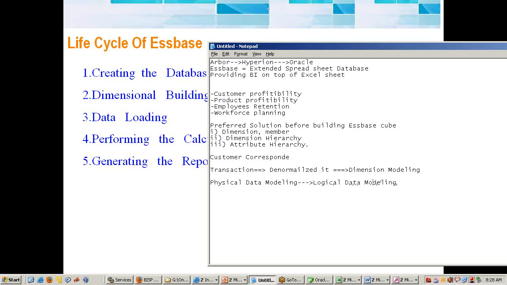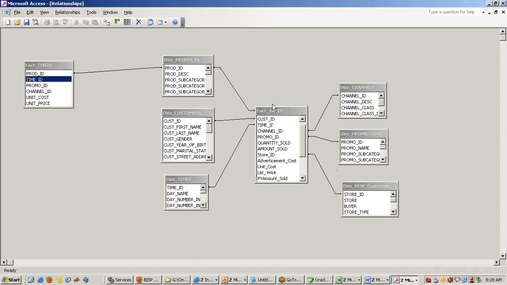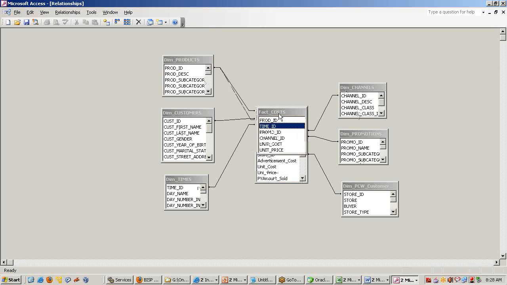After the physical data model, I may require a logical data model where these 2 fact tables should be clubbed together to become one fact table. So we create a view on top of these 2 fact tables, and this becomes a star schema for me, right? This looks like a star schema, multiple dimension tables surrounding a single